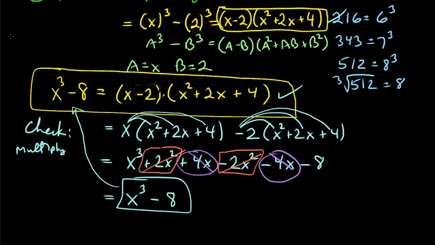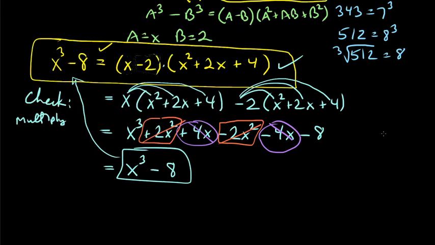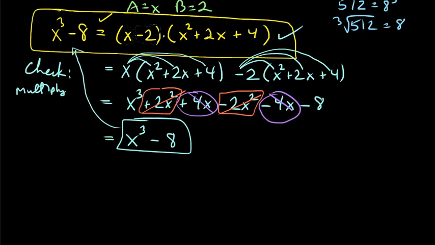All right, so we checked it. We know it works, right? So that's the correct answer here: x minus 2 times x squared plus 2x plus 4. All right. Second issue is, notice that this